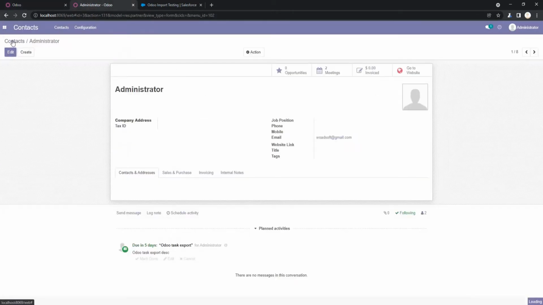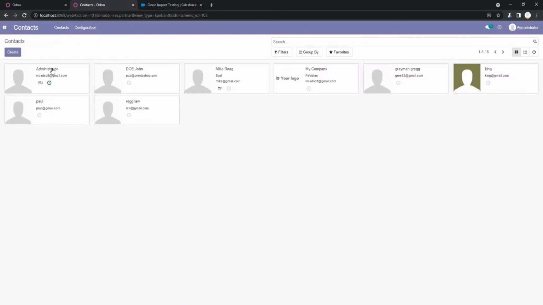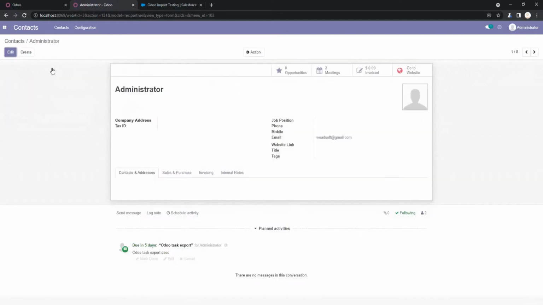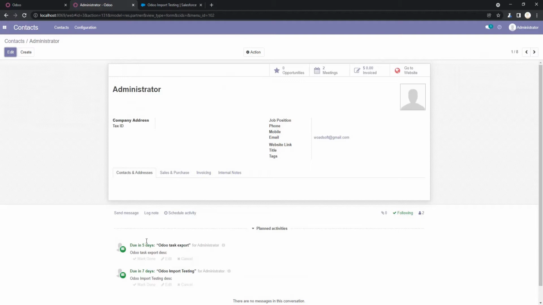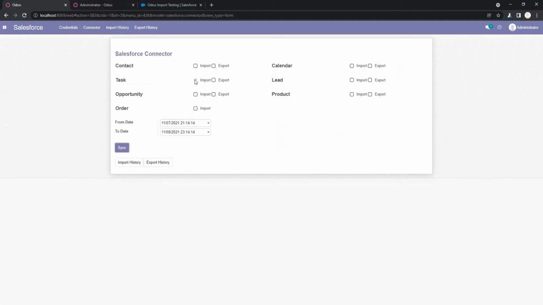So I just came back to contact and click the account. So as you can see, the task is imported successfully in Odoo. So as you can see, both operations of the task service feature of Salesforce work perfectly.